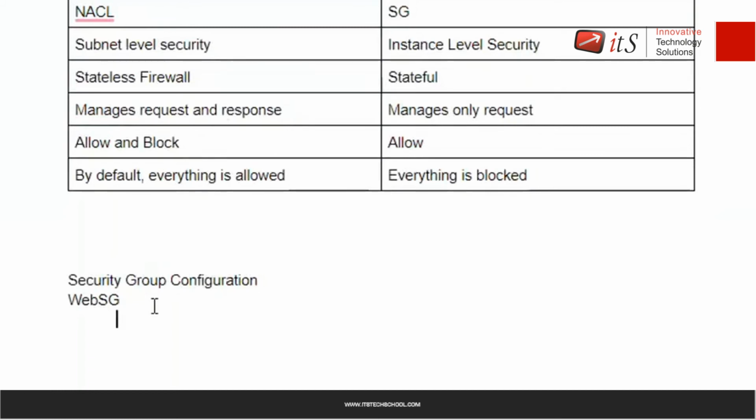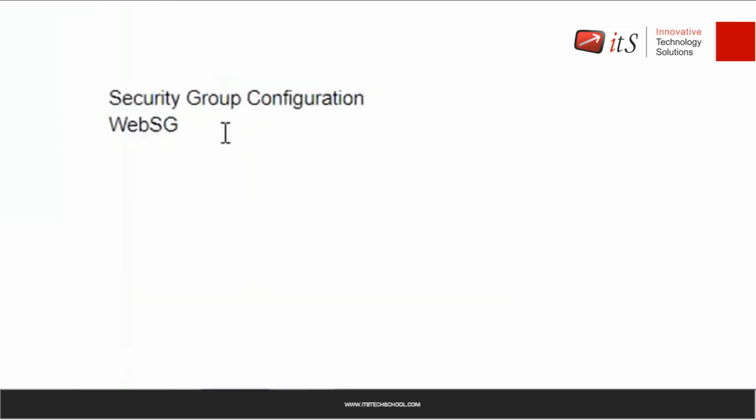First thing, whenever you want to allow any port or any service on the firewall, always think about two things. The first one, the operating system of the virtual machine. Second, what type of application the server is hosting. So the web server, let's see, it is a Linux server. So for the Linux server, we use the SSH port to take remote access.